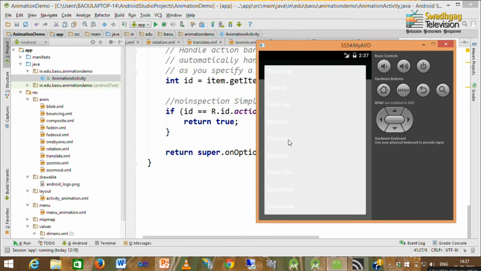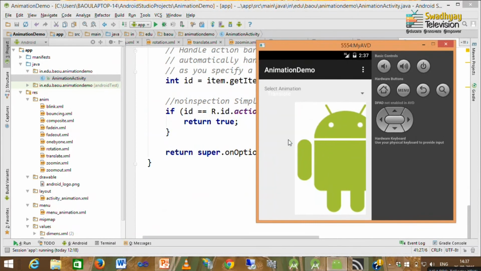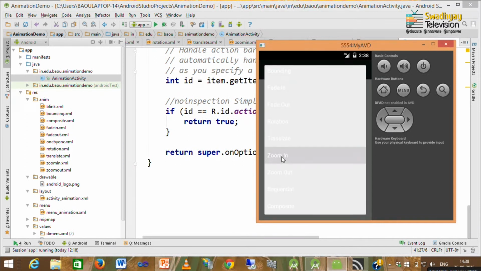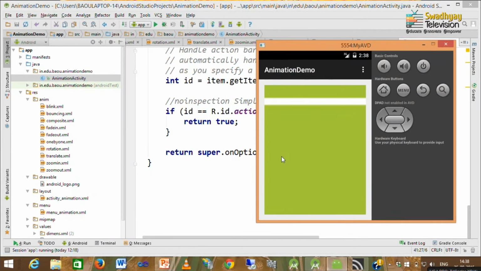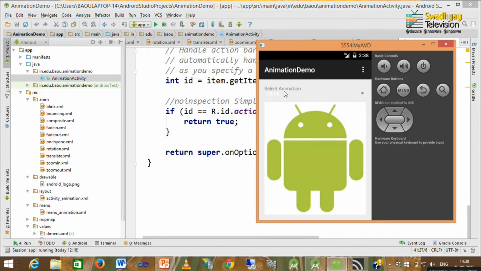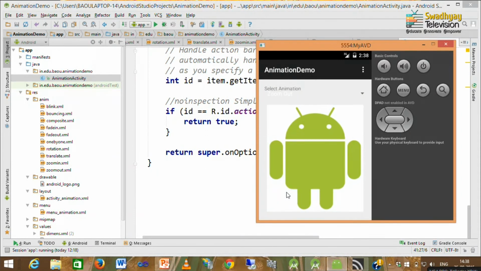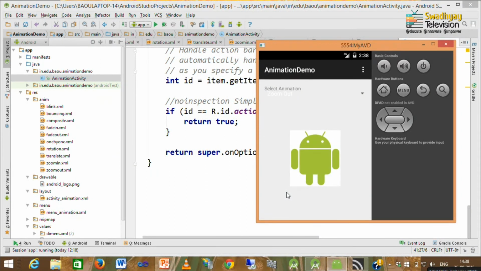Then comes translate. Now, this translate will move our object to 75% of its width. Then comes zoom in. Here our object is zoomed from 1 to thrice of its size. In zoom out, we reduced the object size to half of its original size. So, this is called zoom out.